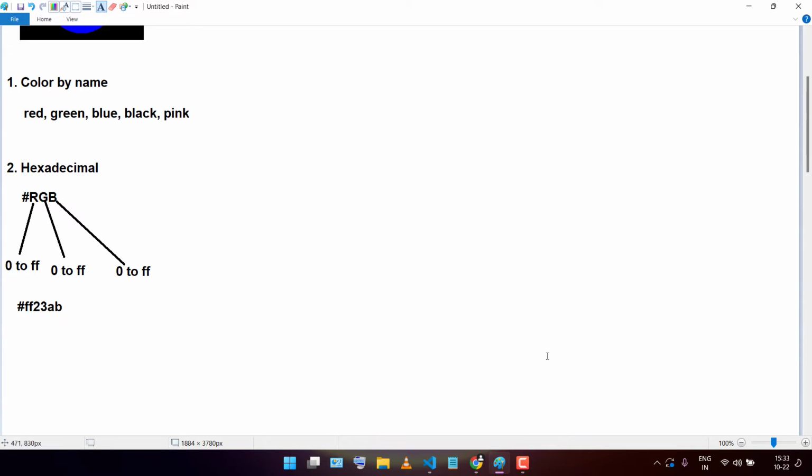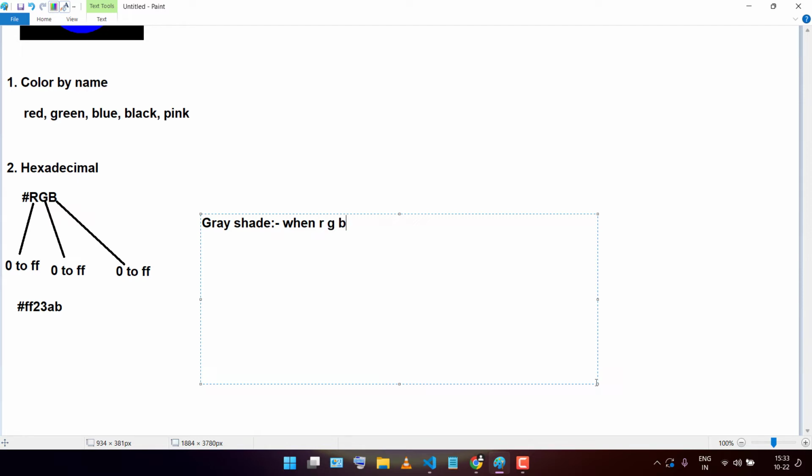Okay, what do you mean by gray shade? Let me just write gray shade. So when R, G and B, red, green and blue values are equal, it will give you one gray shade color, except